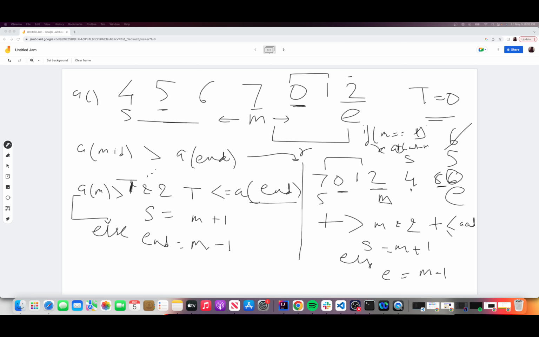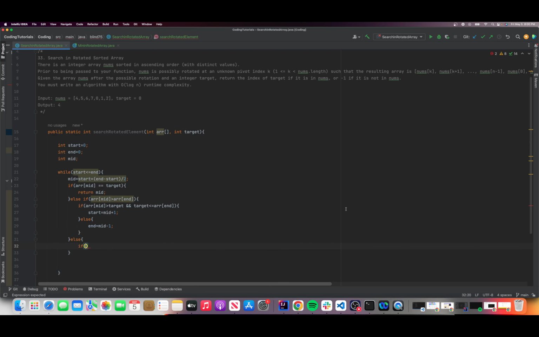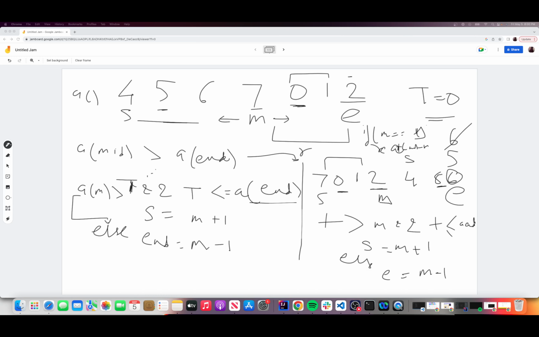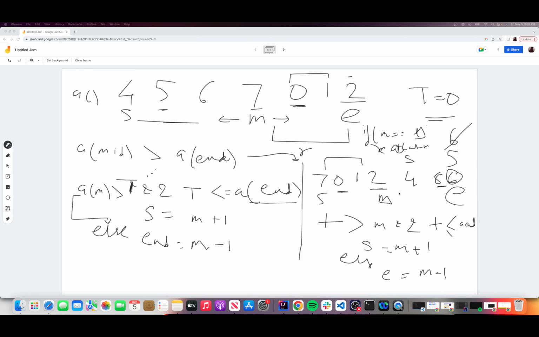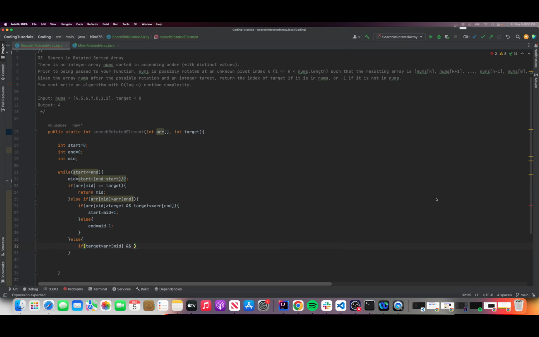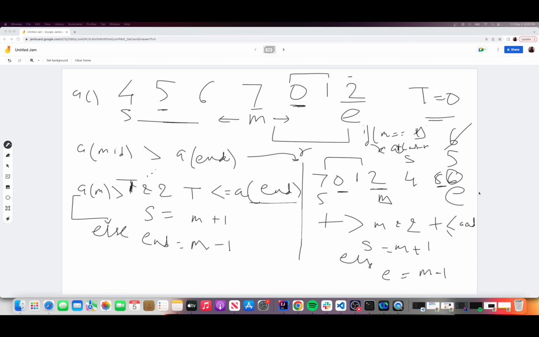In this case we have to see the target element, for example 5. So we say if target 5 is greater than ARR of mid and target is less than or equal to ARR of end, again the same thing because target can be 6 also,